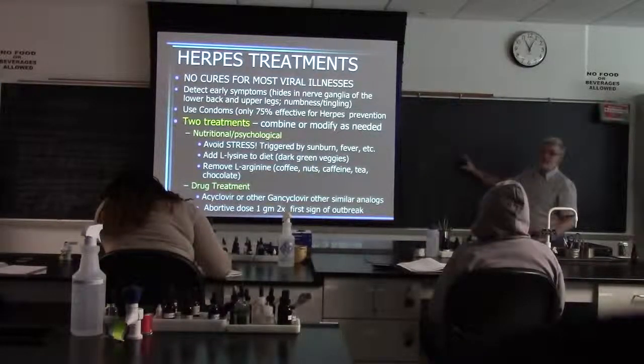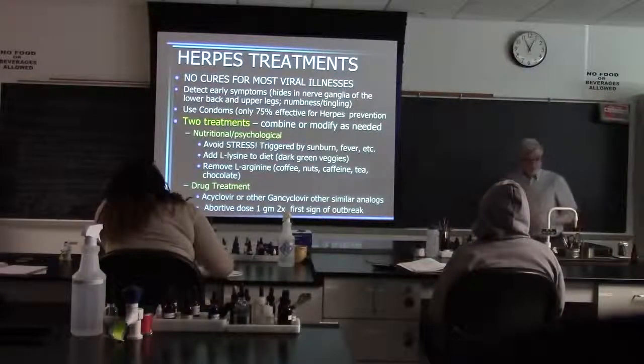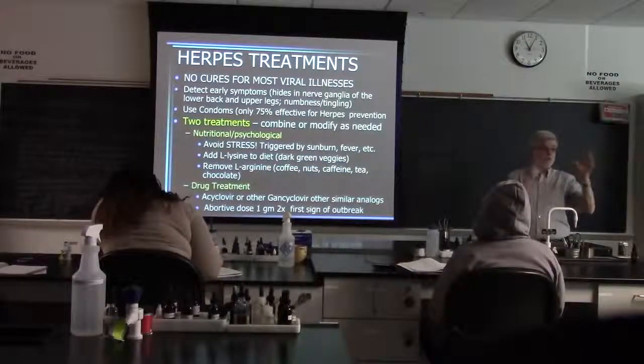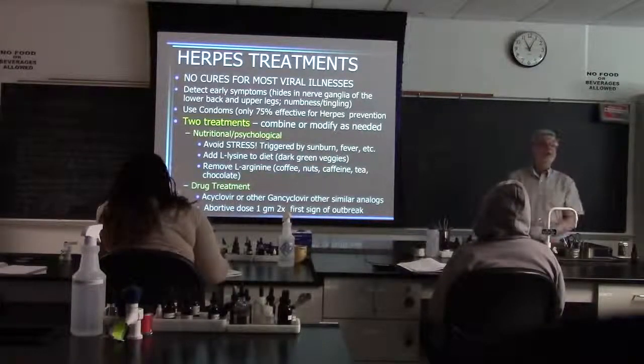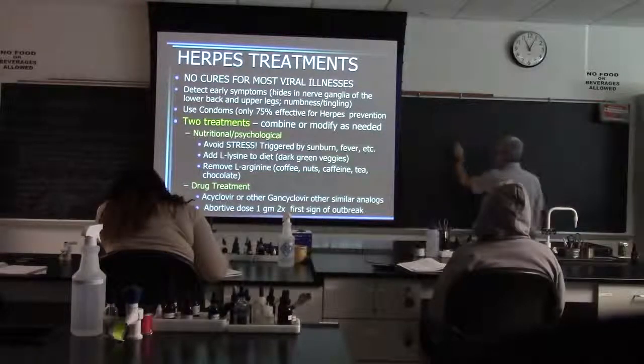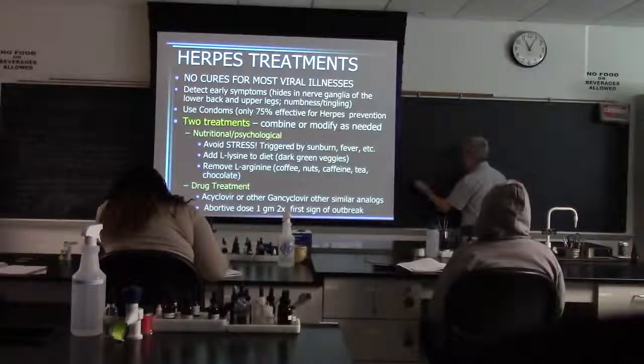But we now have a treatment that is not very pleasant for people with a certain genotype of hepatitis C that has cleared the virus. Meaning that we went in and we tried to culture the virus from different parts of their body and could not find it. So this one may be cured, and believe it or not,